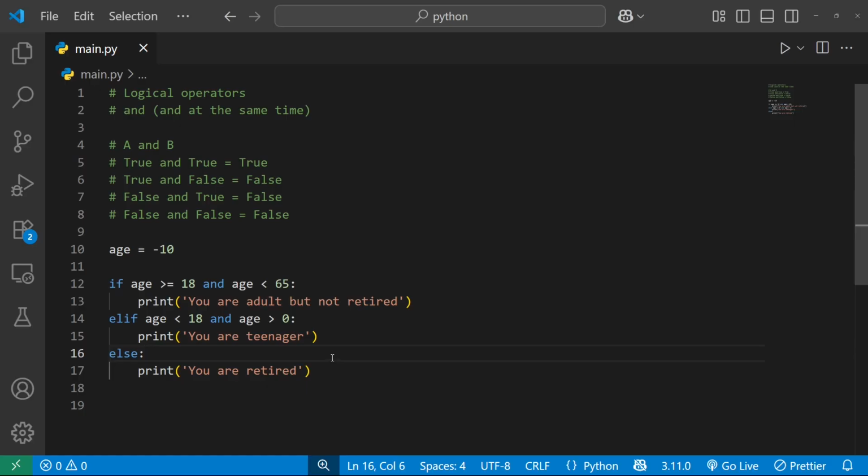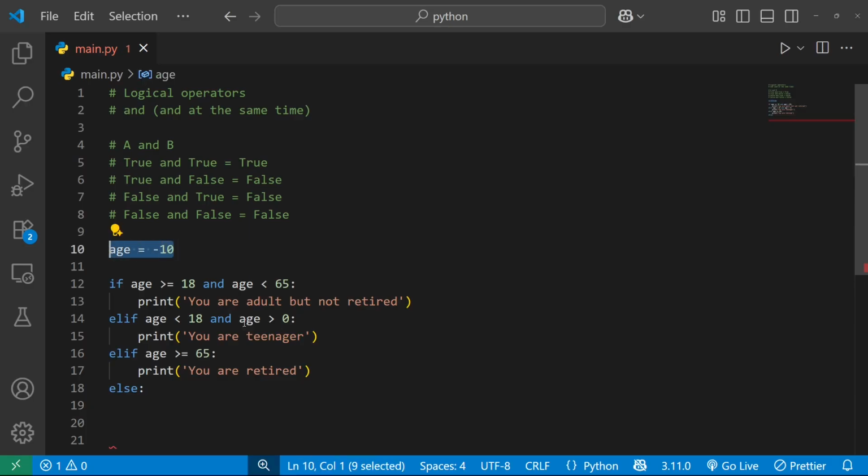Okay? It's better, right? So I would write it something like this. Elif age is greater or equal 65, you are retired. Else,